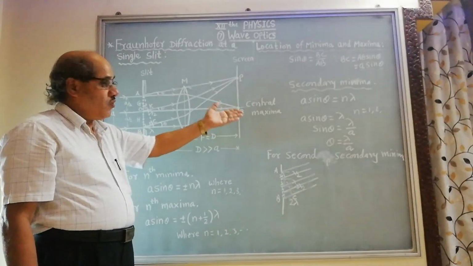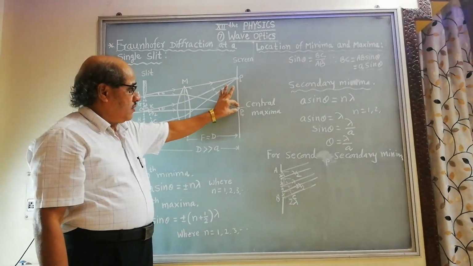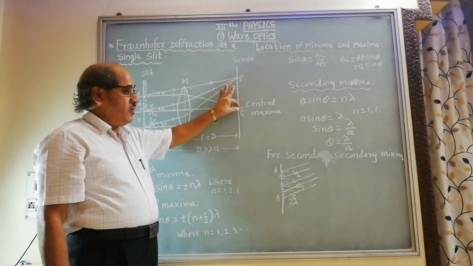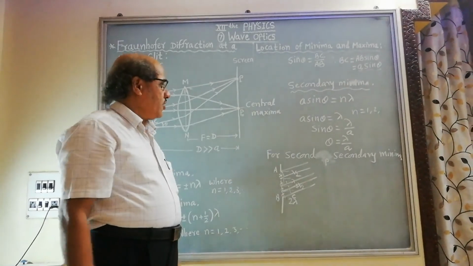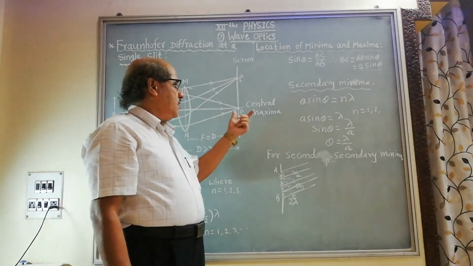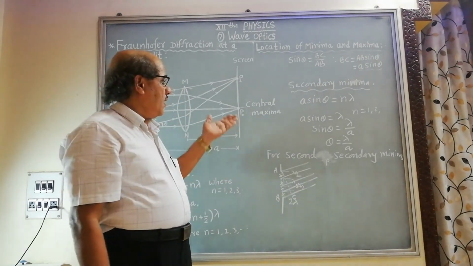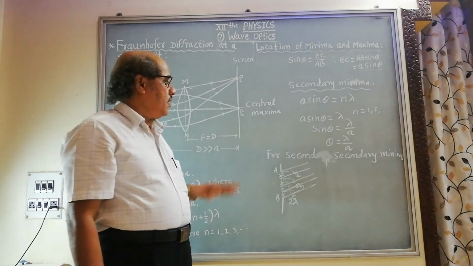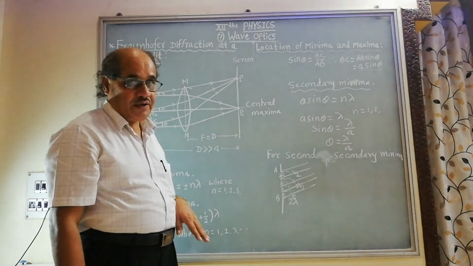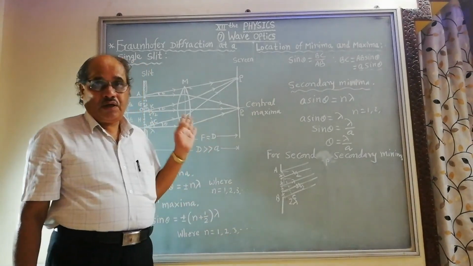Directly with the help of the condition, the path difference between the waves is equal to 0. Hence, at the center of the diffraction pattern, there is a central maxima. The intensity at that point is maximum. That is the highest intensity point. So this is the diffraction